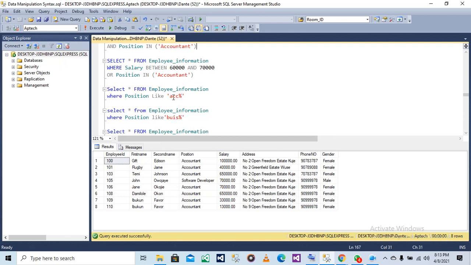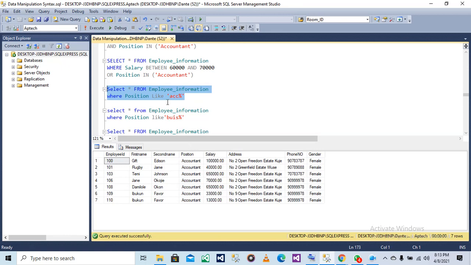So what is this doing? The first three letters you put in front of it, or the first two, is going to search for any record in the table that begins with those letters. Like this is going to give us the position that has ACC at the beginning.